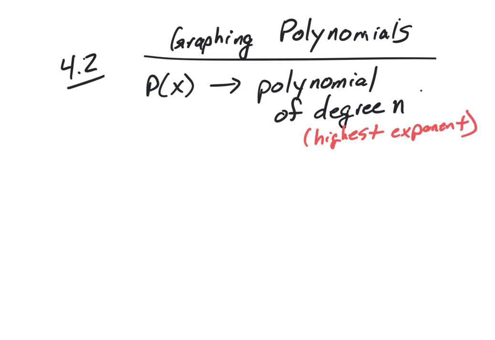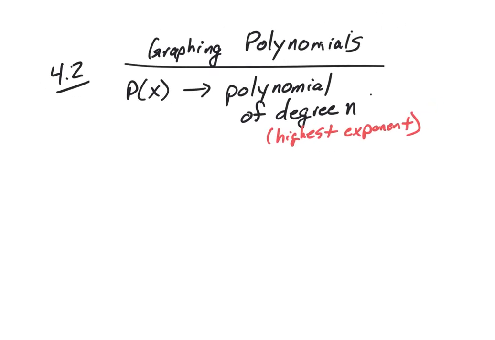That's how we name it. Like yesterday we talked about if it's cubic or quartic or quintic or whatever it is, it's always based off of the highest exponent of that polynomial. And we call that the degree of the polynomial. Okay, so there are three pieces of information that we're going to talk about based on the degree. The first one: